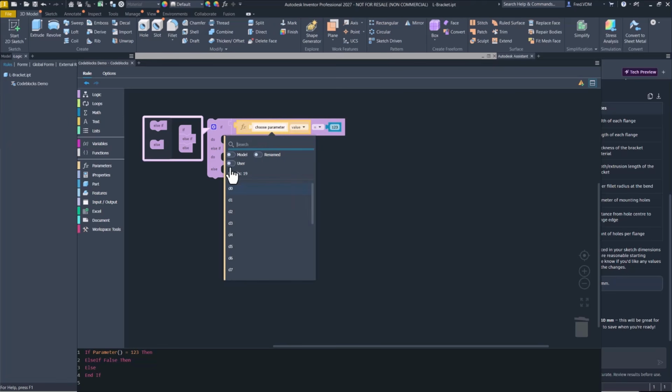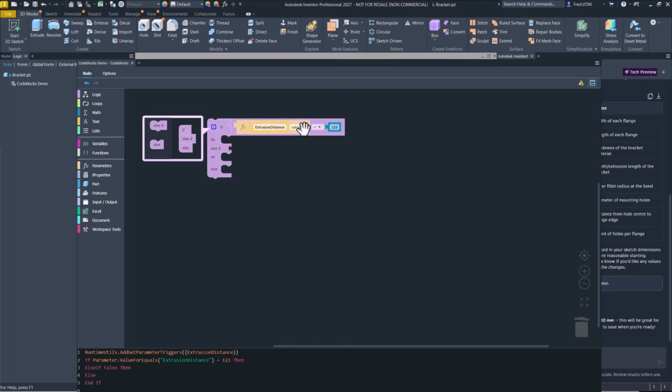All of the parameters I've created are user-based parameters, so I can filter down to those, making that a whole lot easier, and say that I want the parameter extrusion distance. We use actual values, so I'm saying if the extrusion distance equals 50, as it currently does,